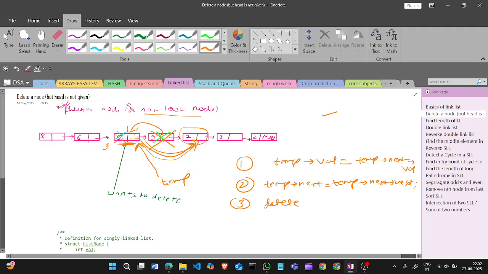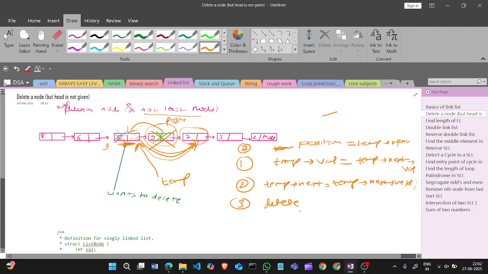Let's give some name to this. Let's say this is the temp2 value, or some value like a position. So position is equal to temp next. This is the position.